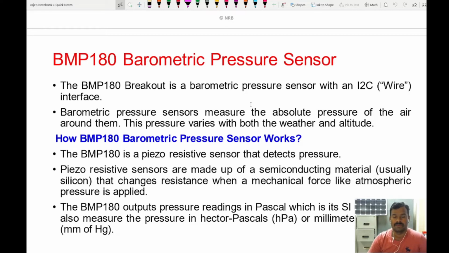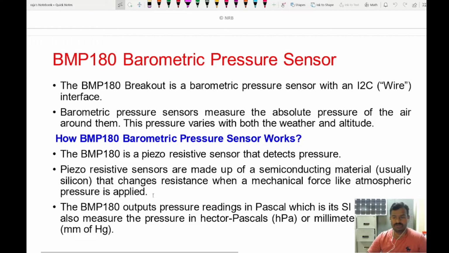When pressure is applied on this sensor, it gives output with respect to a change in resistance. This change in resistance can be measured and calibrated into voltage signals. It is made up of semiconductor material, usually silicon,